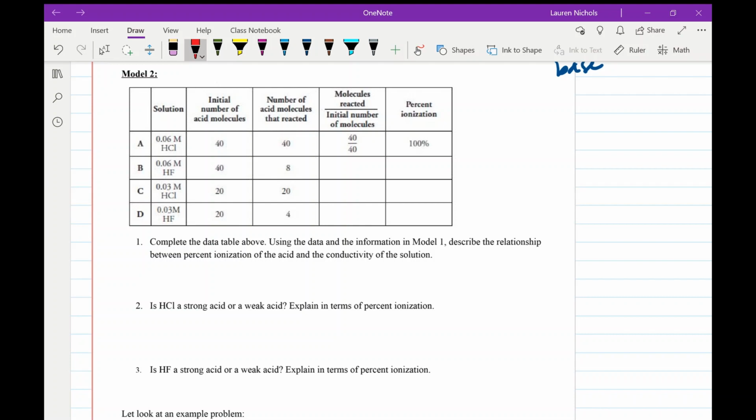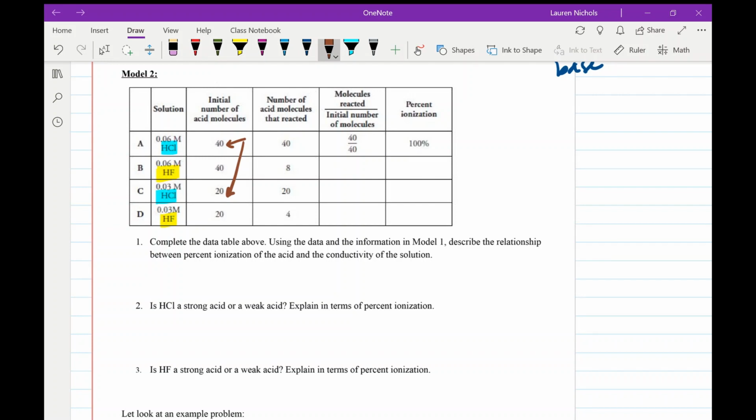Okay, so one thing to notice is that we have the hydrochloric acid that we mentioned earlier and the hydrofluoric acid, but we have different concentrations. A and B are both 0.06 molar, whereas C and D are both 0.03 molar, which means that C and D have half the concentration, or half the number of moles, that A and B do, which you can tell by their initial number of